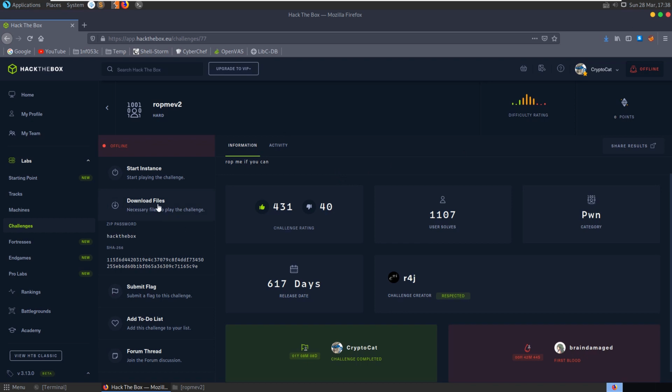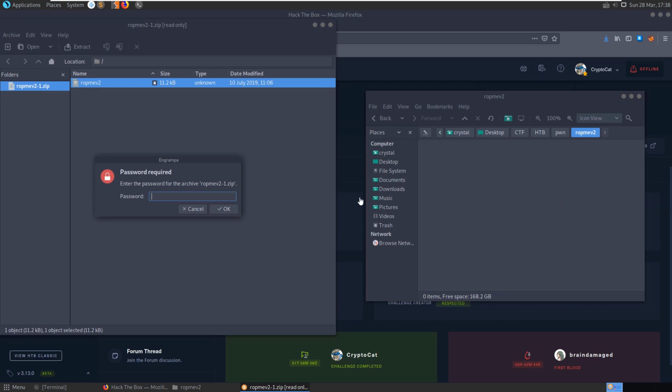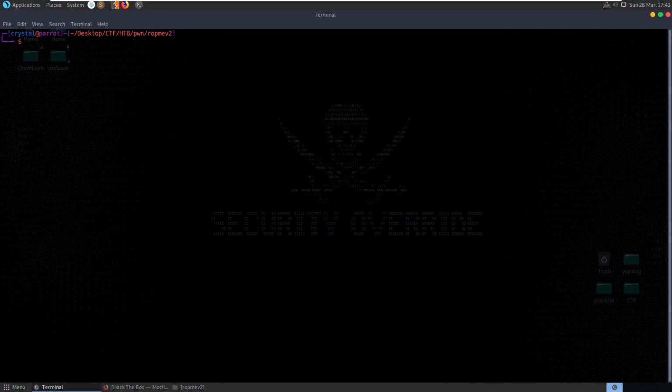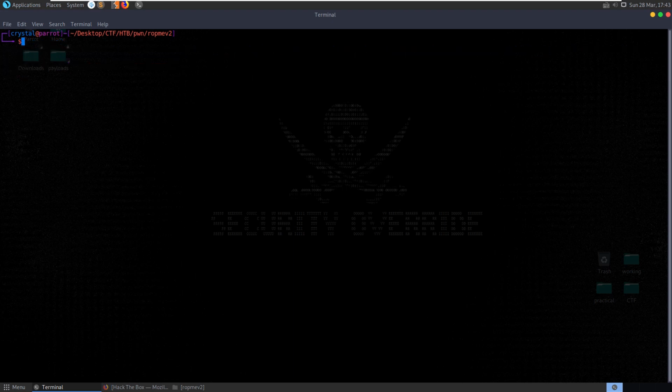So as usual we'll download the file and copy this over to our local directory, and we'll do some basic file checks. We begin by checking the file type, and as usual it's a 64-bit LSB executable. It's dynamically linked, so it'll be using external libraries like Libc to get its functions from. It's stripped in this case, so the debugging symbols aren't available and it'll make it a little bit harder to analyze. We can check the securities that are enabled,